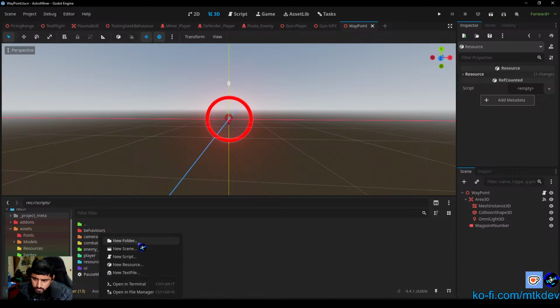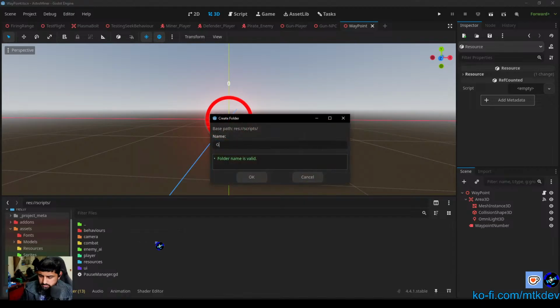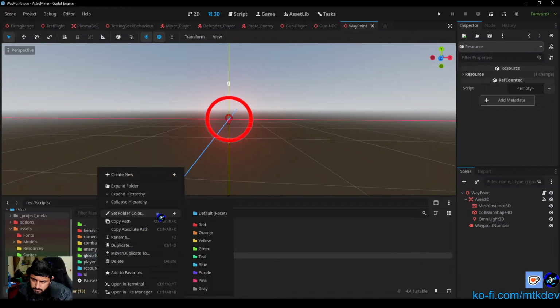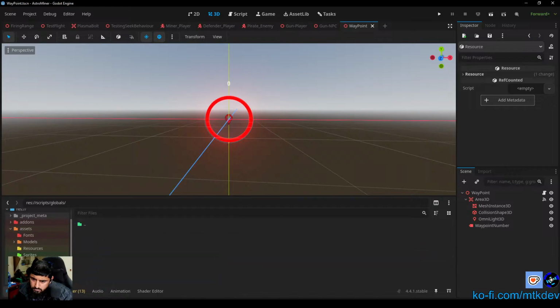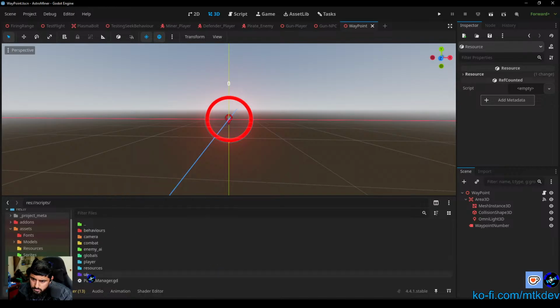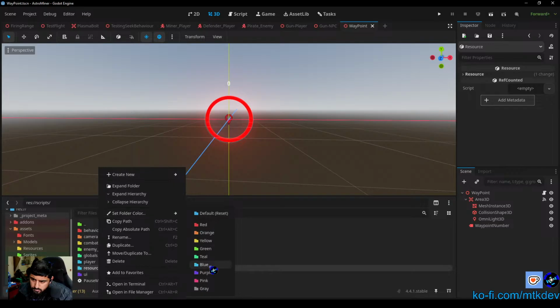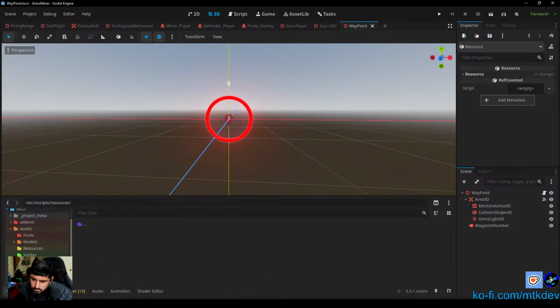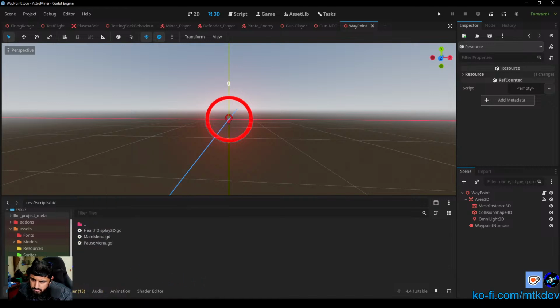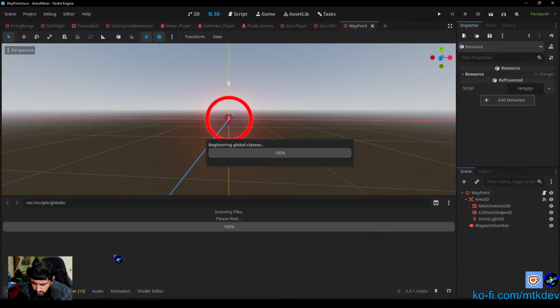And then I need to make another folder for globals. Red, orange, yellow, green, teal, blue, purple, and then pink. Okay, then put this one in globals,